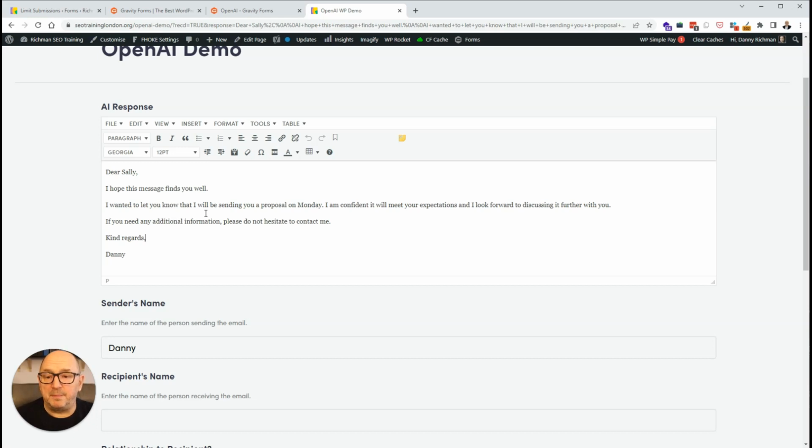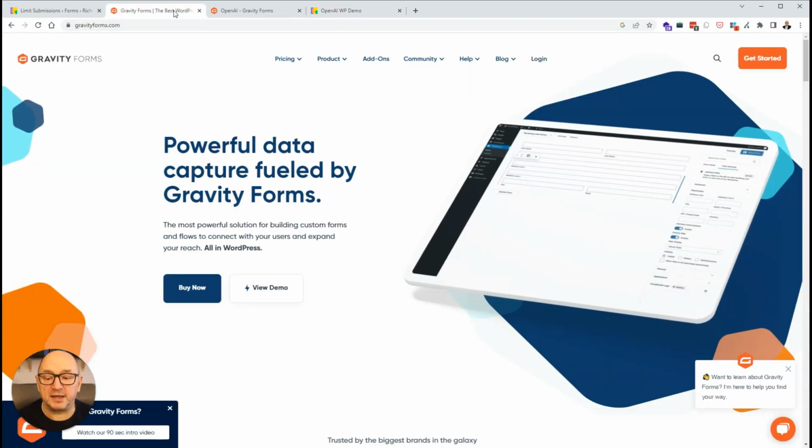So before we begin, there are a few things that you're going to need to get organized. The first thing, obviously, you're going to need to have is a WordPress website. And I mean a self-hosted WordPress website rather than on WordPress.com. So I'm going to assume you've already got that set up. The other thing you're going to need is the Gravity Forms plugin,